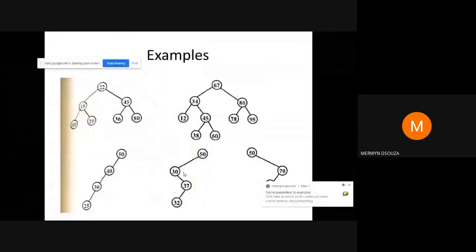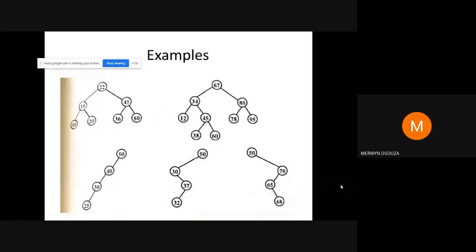Any doubts on this slide before I proceed? Anyone? Why any of these diagrams are like that? These are all correct, valid binary search tree diagrams. Does anyone want anything to be clarified in any of the diagrams?